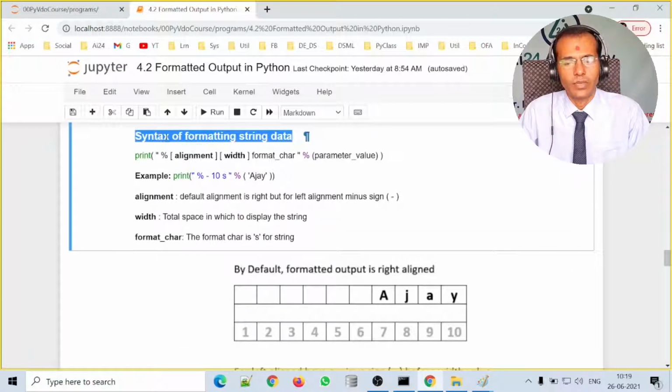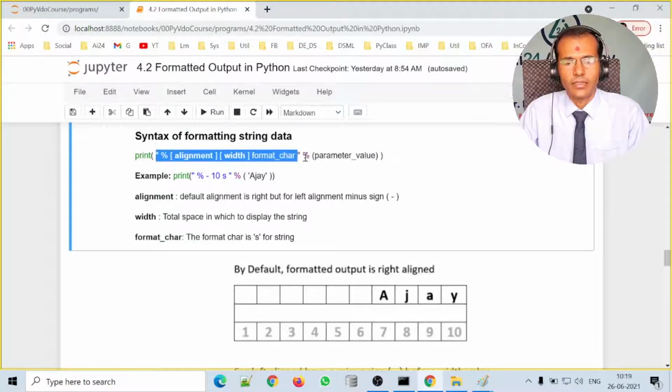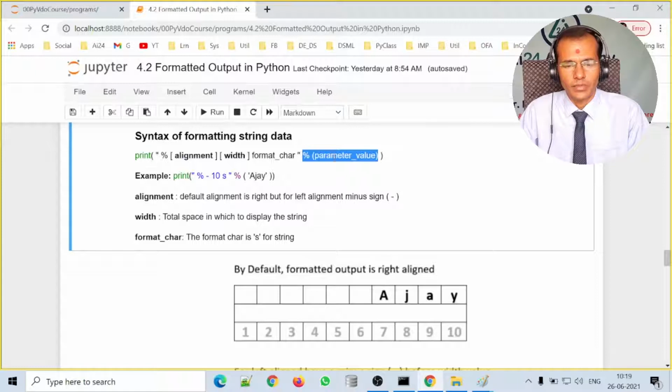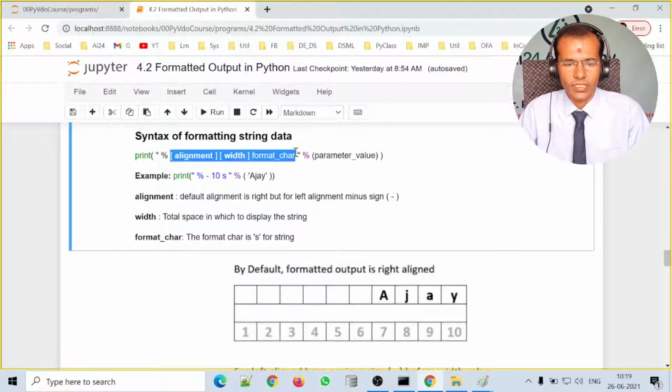Let us start with formatting string data. For formatting string data, there are two parts. One is a format string and the second is a parameter to be printed. Both the format string as well as this start with the percentage sign. Now let us first look at the format string. The format string contains three things: alignment, width and format character.